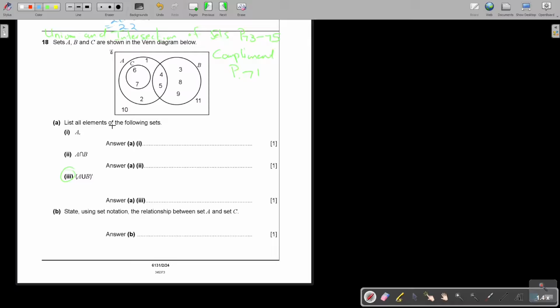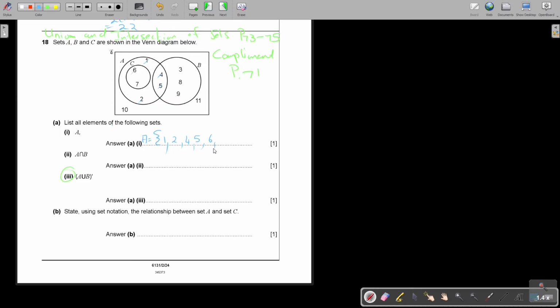List all the elements of the following sets. So A, you can even say A equals, but it's all the elements in it. I usually go numerical, so across it, it's 1, 2, and then 4, and then 5. We'll do it with a pencil if you cross. 5, and then 6, and then 7, and then you close. Okay, now here comes the first one.